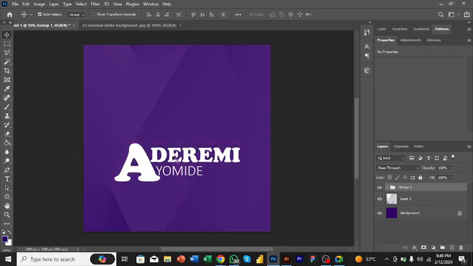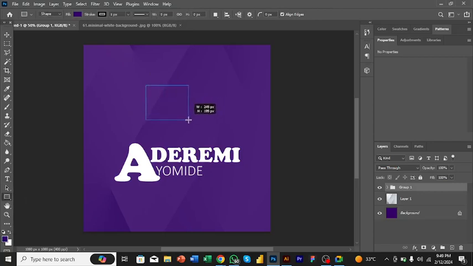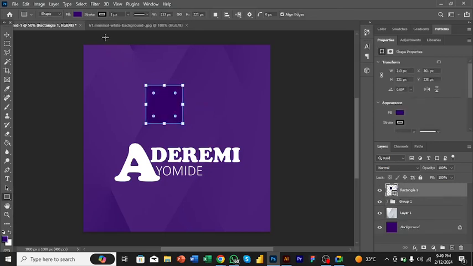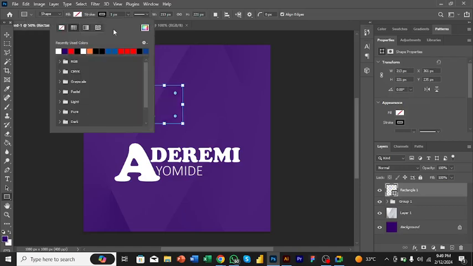Let's say I want to design this and I just want to make it nice. Let me create a rectangular shape. You can create a rectangular shape, and I want to do something that might be nice. So this is a rectangular shape, then I make it no fill. I want to stroke it. Stroking it is making the inside of the shape colorless, but you are making the edges of the shape